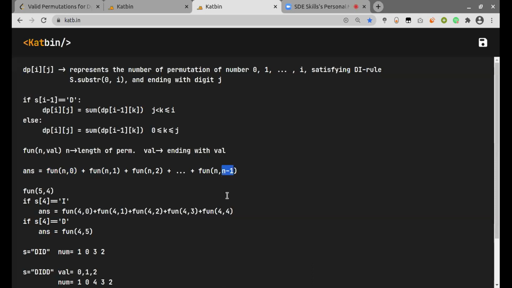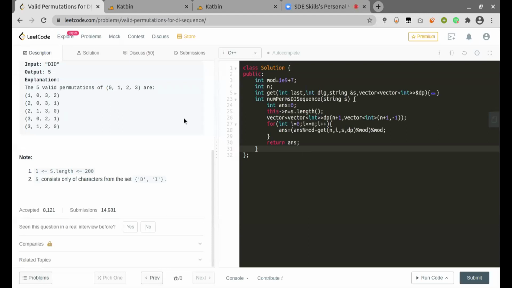But since here n denotes the length of the permutation, but in our question n is the length of the sequence, which is one less than the given number, this is why I traverse from 0 to n. Then I add all the possible values from this get function, which is the permutation of length n ending with this particular digit i. So this is our final answer.